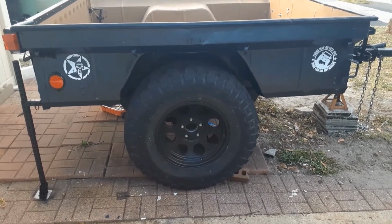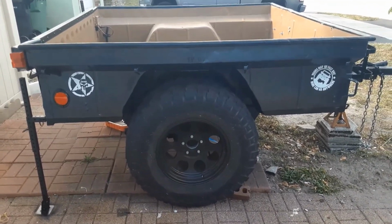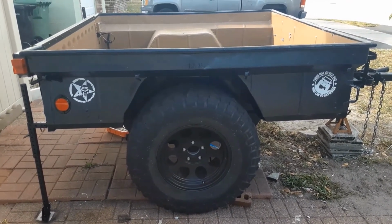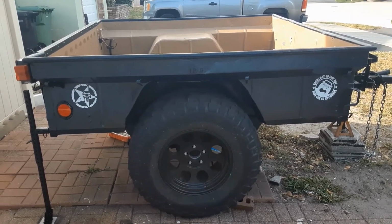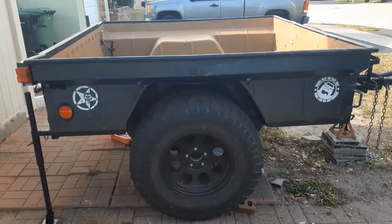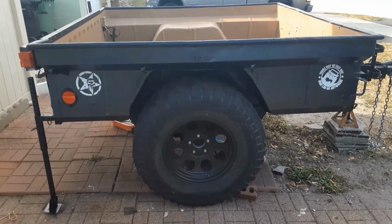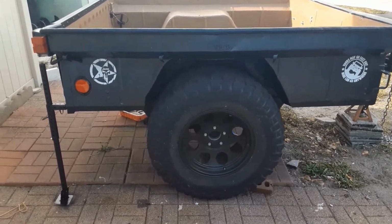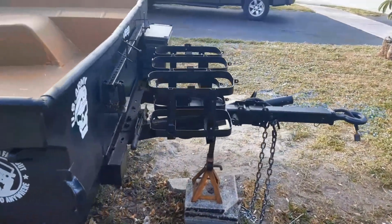So anyone that's followed the build kind of knows what's happened to this point. Cut the bed out. Cut the sides of the bed in half, basically. Extended it by 2 feet. Have a little more touch-up work to do. We extended the tongue on the trailer,